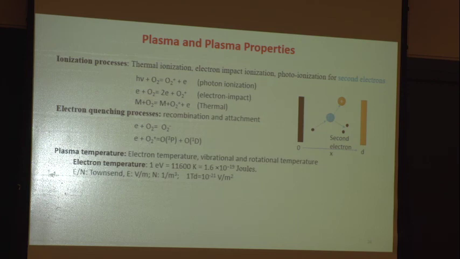And then, for example, the plasma temperature, normally we measure the plasma temperature in, let's say, 1 electron volt. Let's say electrons are accelerated by 1 volt. Then you gain energy, 1 electron volt. It's easy, right? If there's no collision. Once they collide, of course, you will lose energy. So 1 electron volt is equivalent to 11,000 Kelvin. So this kind of plasma there, they have tens of electron volts. Okay? So they have very high energy to break down the mercury atoms there, to ionize them and generate electrons, right?